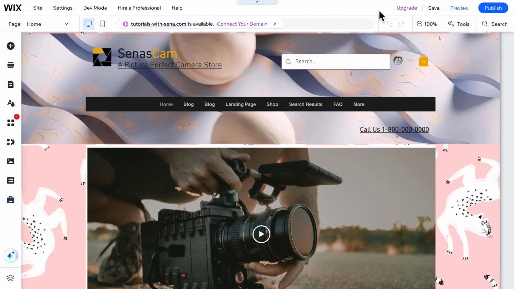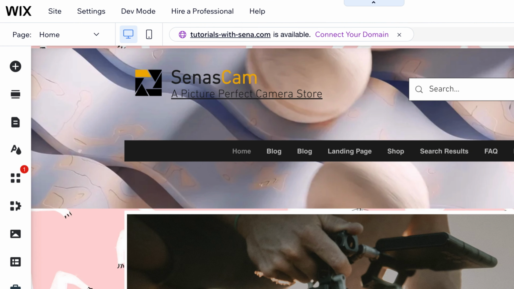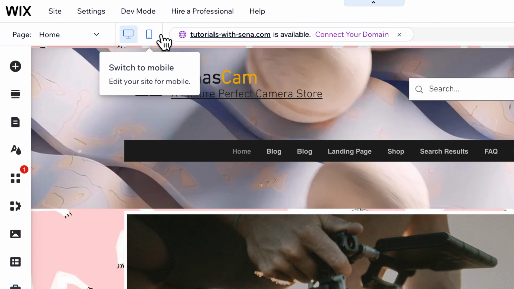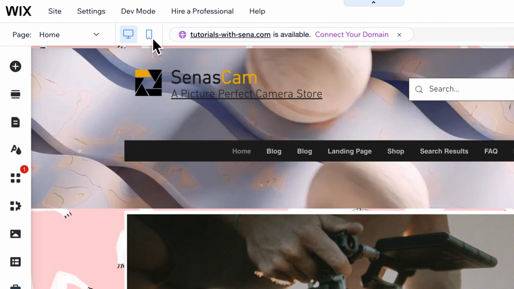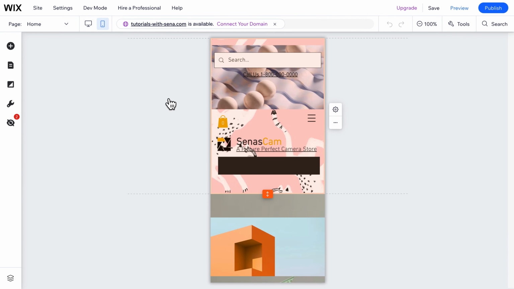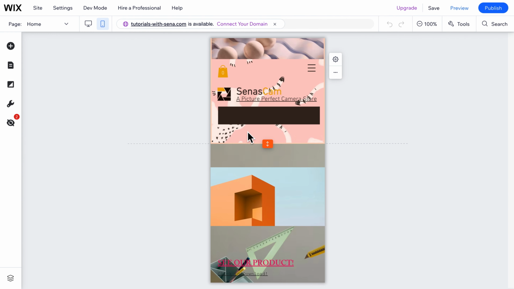Here on Wix Editor, if you are on the desktop editor and then want to change it for mobile editor to fit the content, you want to click right here at the top left of your screen on this switch to mobile with the phone icon. Just click on it, and then here on the mobile editor, you can customize the content to really fit on